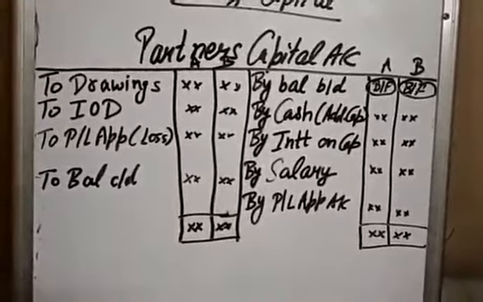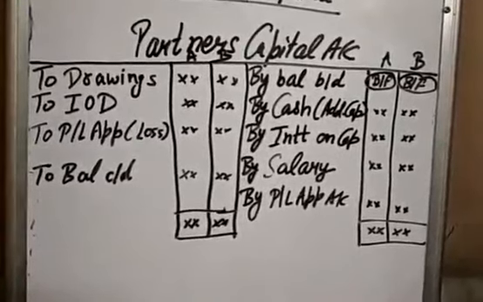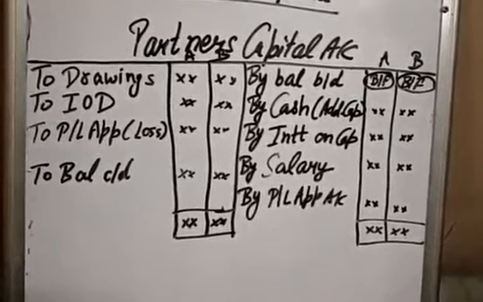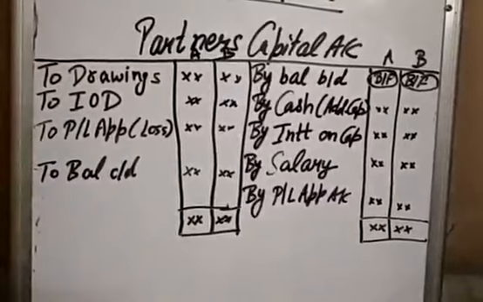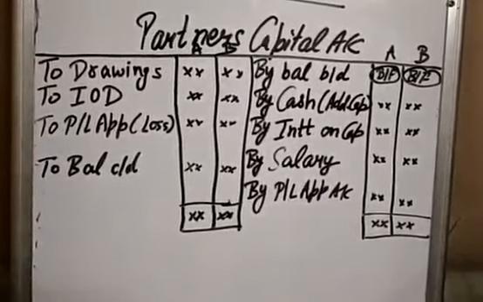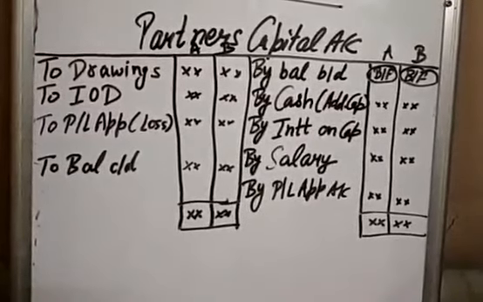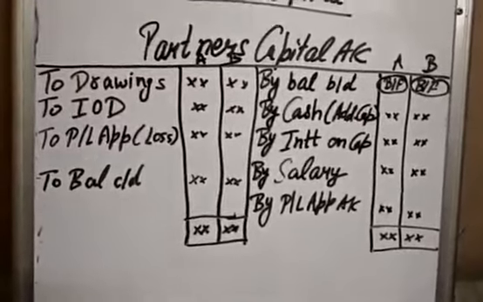Okay students, see once again, you have to just put down all the incomes of partners on the credit side and all the expenses and losses of the partners on the debit side, opening balance on the credit side, closing balance on the debit side, and you will add up all the things, and the balancing figure in this question will be the opening capital. Okay students, I hope this is clear to you.